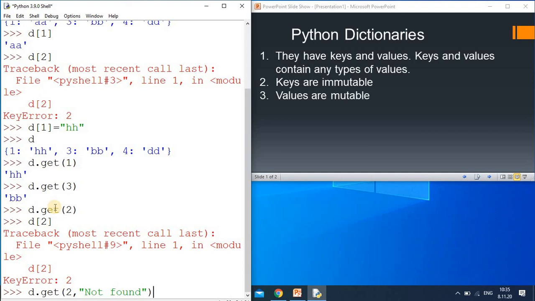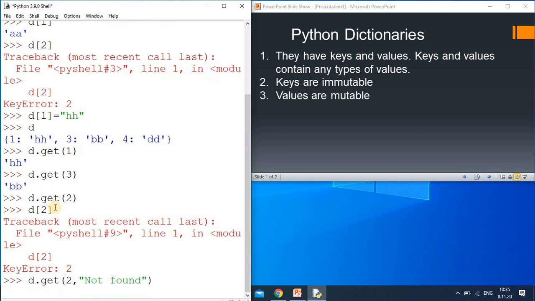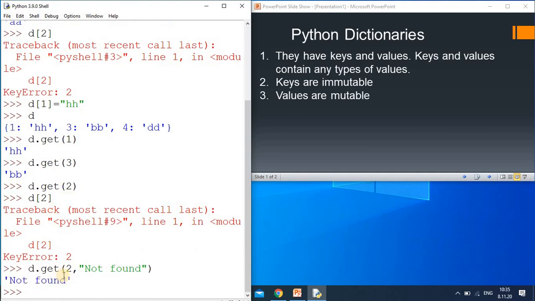Or if a website is not available, you get not found. The same thing happens here. If you search for key 2, you get the message not found, because it is not available. In this way you can use the get method, which is very useful in the dictionary.